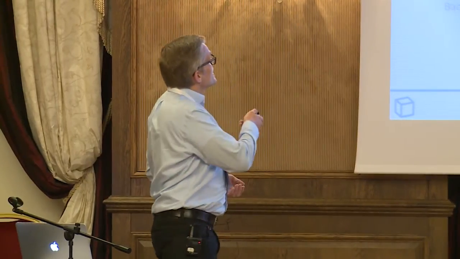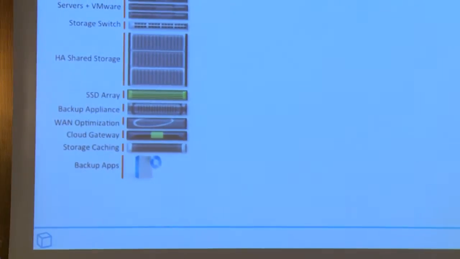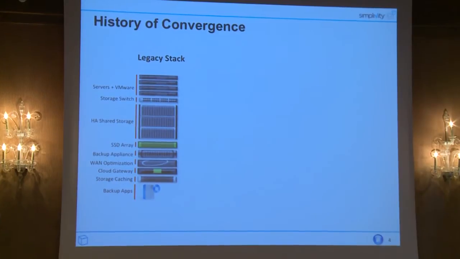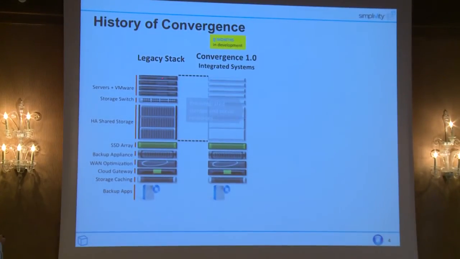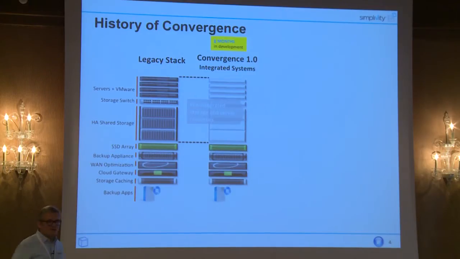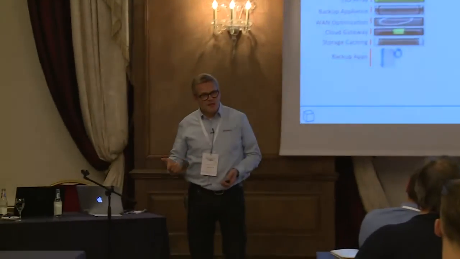So if we look at the legacy stack, where you build your own data center, where you gather all these blocks from all different areas, the problem was that you have to do a lot of integration. So the first generation of converged architectures or integrated systems was a great idea. Let's take the servers, let's take the switches, and let's take the storage and make these integrated systems like the vBlock and the FlexPod, those systems that you can buy from the companies, that really make it easier and faster to implement a data center. You get single point of support and all the cool stuff. But in many cases, what was left out are a lot of functionalities that you need to run an enterprise